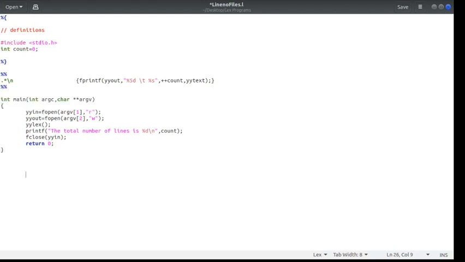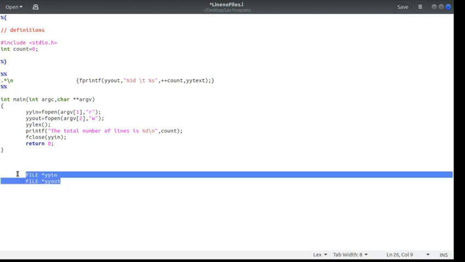What is the structure of yyin? It is of type FILE, so it's basically a file pointer. Both yyin and yyout are file pointers. This is how it is defined in LEX.